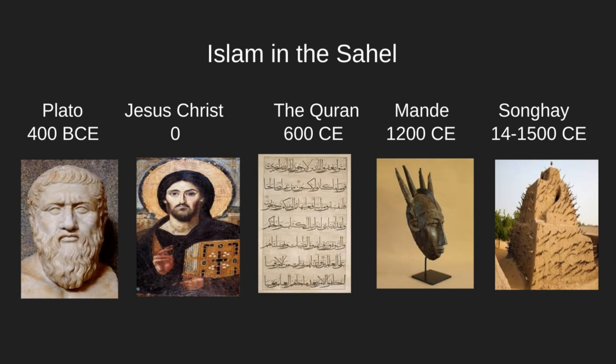Now, putting it in historical context, we can see here the Mande civilization, the empire dynasty of Sundiata Keita around 800 years ago in what is today the region of southern Mali. The Songhay would be more northern Mali, and it comes after the Mande dynasty. But these are Islamic kingdoms, but they're Islamic interpretations of Islam that are also informed by this far older Sahelian civilization that predates the coming of Islam.